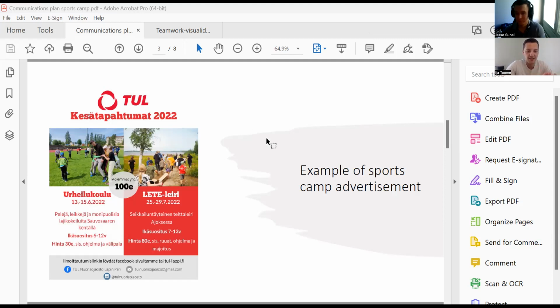Sorry, if it's a real flyer, I would like to give you a straight comment right now. This price moment is a little bit too much in your face. The price that is in the middle, from both of them, yes, I noticed that it catches too much attention. So you should focus on the activities and put the price, if you want to have the price somewhere on the flyer,